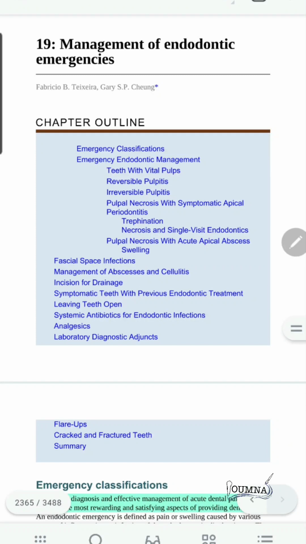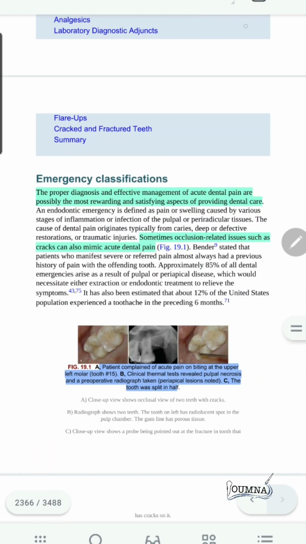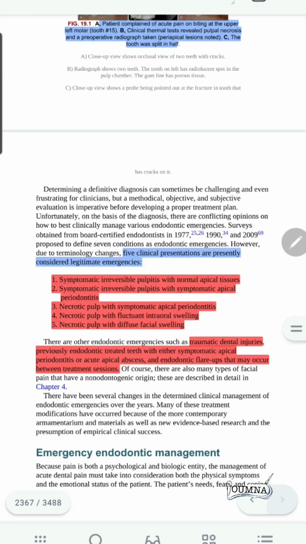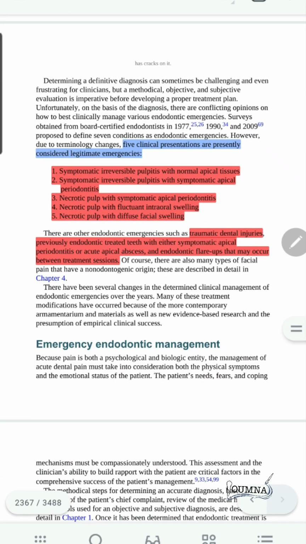Today we will discuss how we manage endodontic emergencies, which are the main cause for patients to come to our office, and the ability to relieve the patient's pain is so rewarding and satisfying for the doctor. We will discuss how to manage reversible pulpitis, irreversible pulpitis, necrotic pulp with symptomatic apical periodontitis with swelling, also